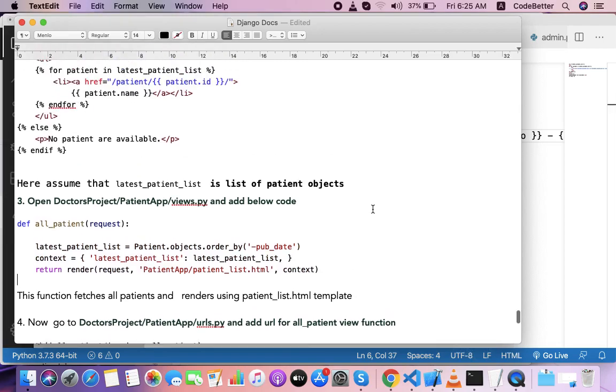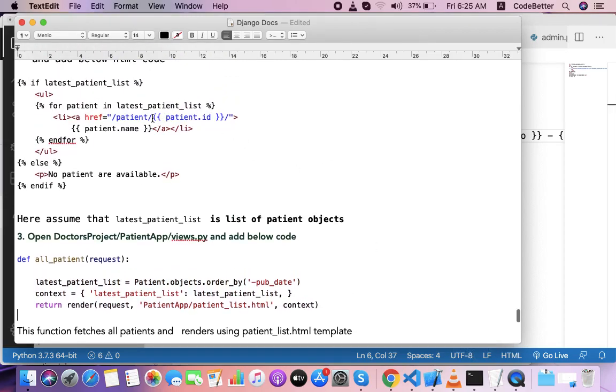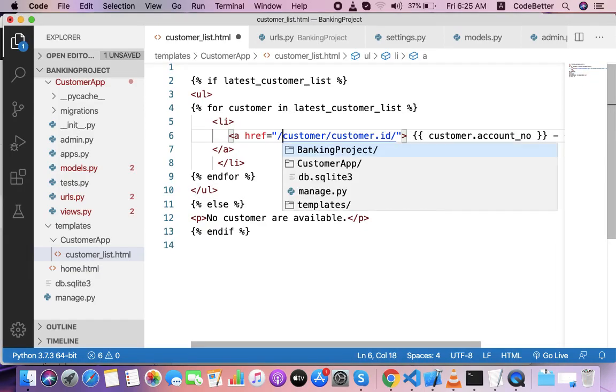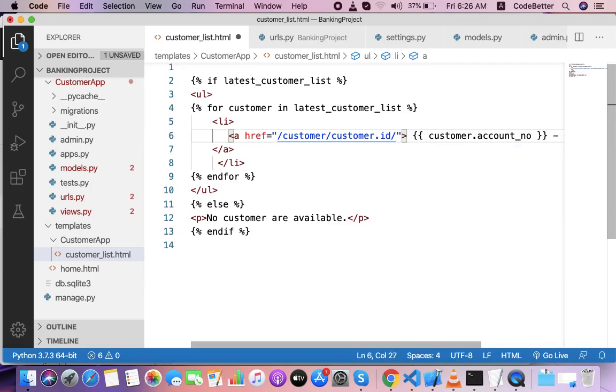So here we'll put the customer id. So this is our URL, customer slash customer id, the selected customer id.